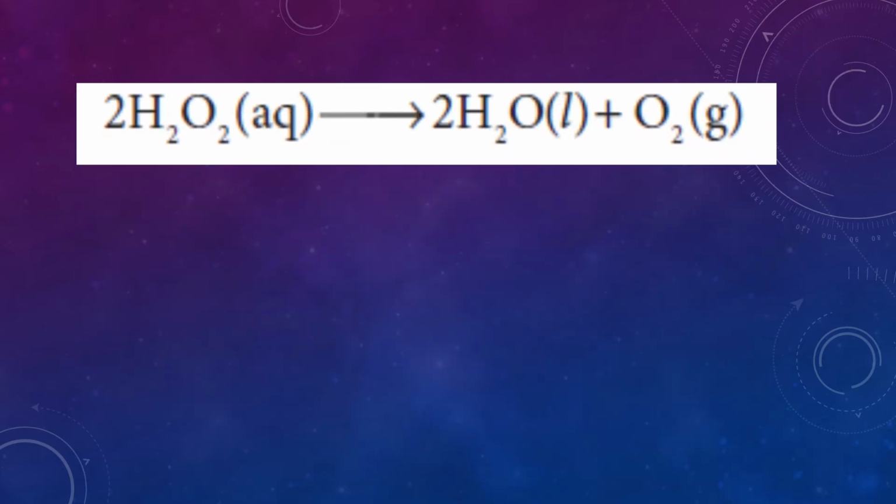Now I'm going to explain one example, hydrogen peroxide decomposition in the presence of iodide catalyst. Actually this reaction was found experimentally, and this reaction is a first order kinetics reaction. First order kinetic reaction is nothing but a chemical reaction in which the